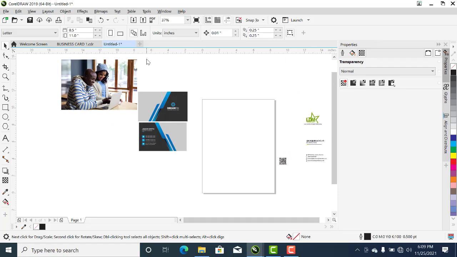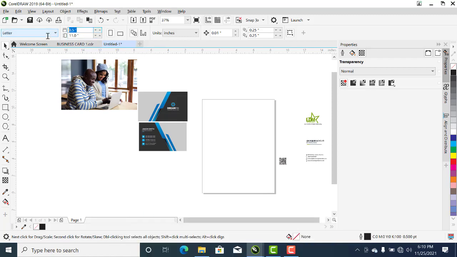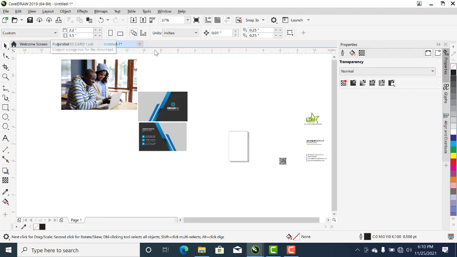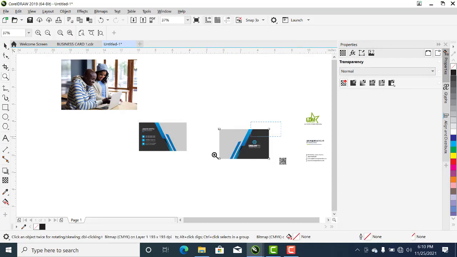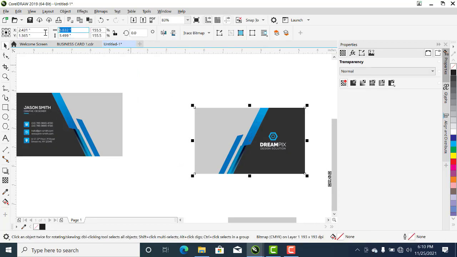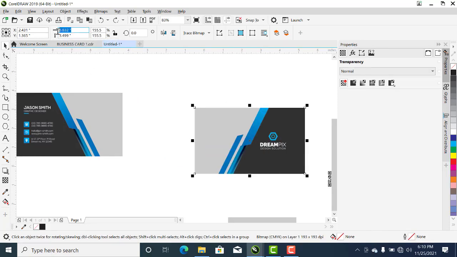Like we did in the previous video on business card design, I made mention that the size of a business card is 2.2 by 3.5. So the first thing for us to do is to size our page orientation. Then we'll change this to landscape. This is our template, so I'm working on this for now. Let's change the size to 2.2 by 3.5. Oh sorry, let's make it rather 3.5